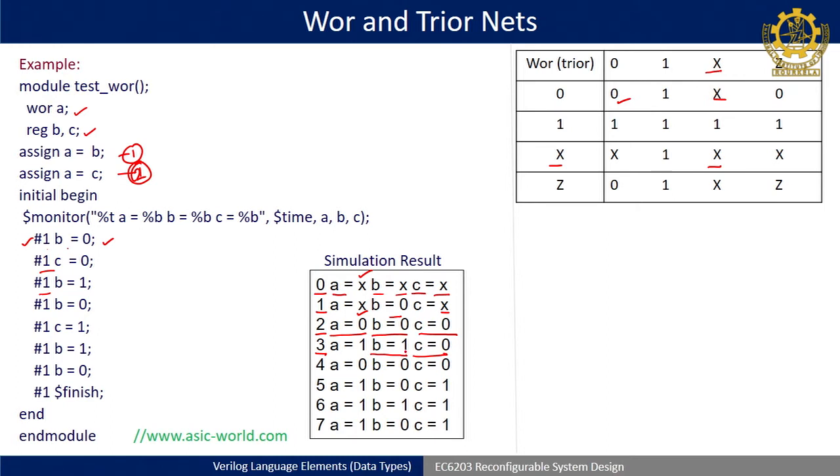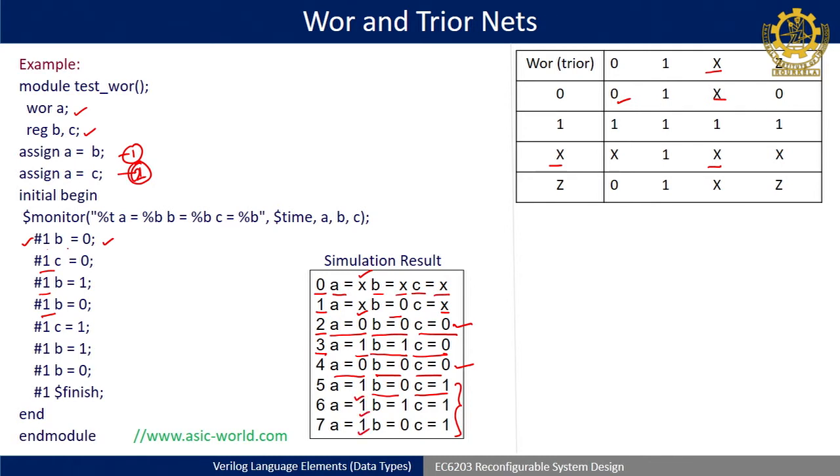So, as one of the inputs is 1 and it is a wor, it will by default become 1. Okay. And similarly at 4 again B is 0, C is 0. So, A is 0, the same situation, both are almost similar. And at 5, C is becoming 1. So, if you see, in these 3 cases any of the inputs are 1, so my output is by default becoming 1.